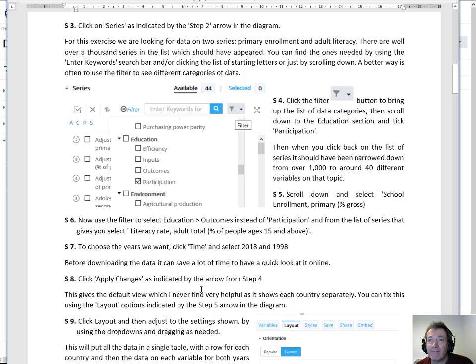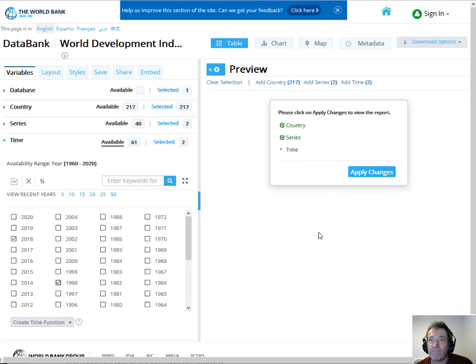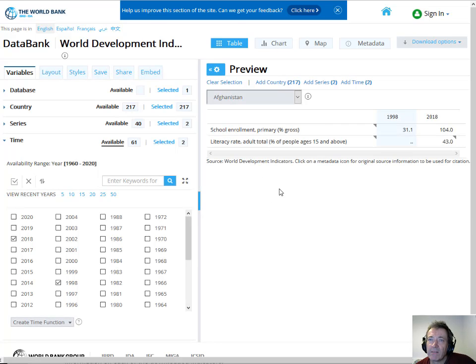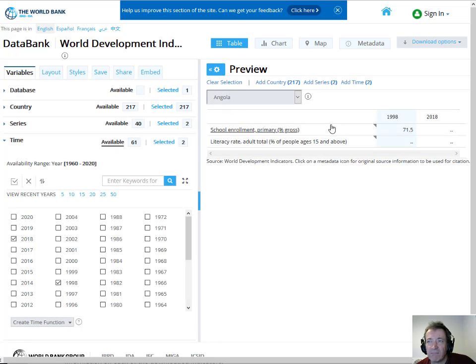Have a quick look at it before we download it. So go for apply changes, and then when you apply changes, it updates it. But the way it presents it to you is not very helpful. So we'll go for layouts and change the layouts to what it looks like down here. So apply the changes. So this is the view you get when you first enter it. So you have to look at every different country's got the data shown separately, which is not very helpful if you're trying to compare a lot of countries. So you go to the layouts over here,